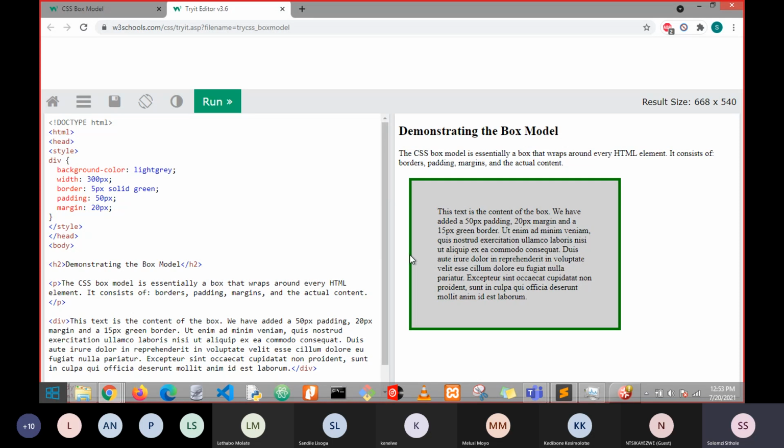The space outside the element, between the border and the edge of the browser here, or other elements, as you can see here. That's your margin. And your margin, we have a margin of 20 pixels. Now, if I were to increase this to say maybe like 50,